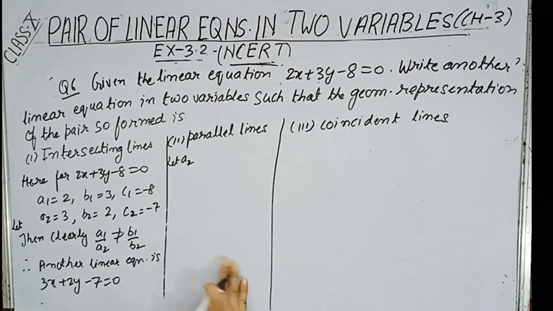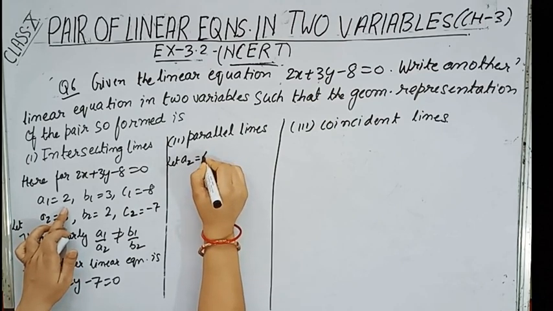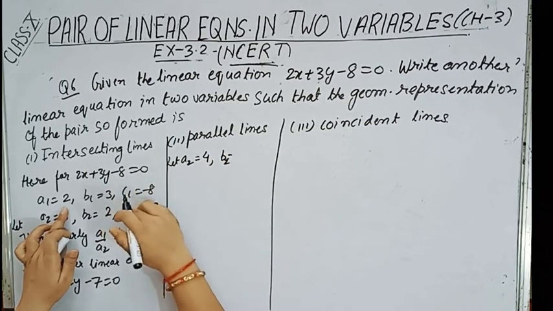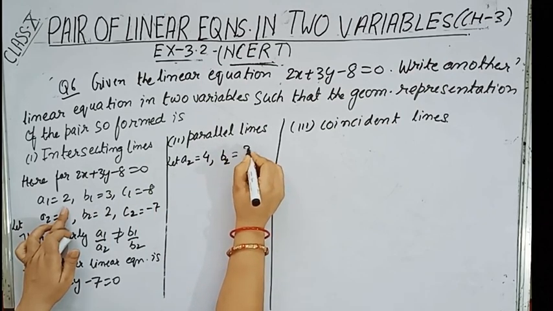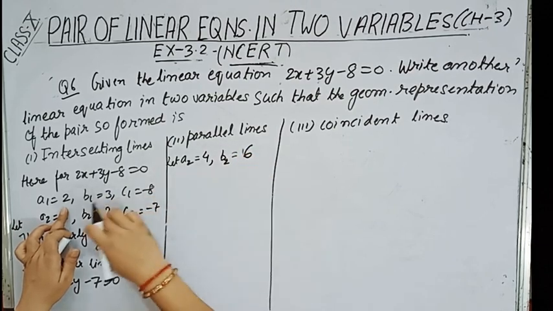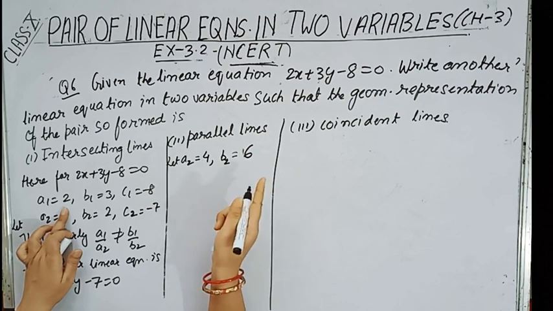Similarly, we will be doing for parallel lines and the coincident lines. For the parallel lines, the condition is a1 by a2 equals b1 by b2 is not equal to c1 by c2. So let us suppose the value of a2, b2 and c2 as such. So let a2 equal anything, a1 is 2, let us suppose 4, b2 equals to 2 by 4 is 1 by 2, so b2 I will be supposing such number such that 3 divided by such number equals 1 by 2, so I will be supposing it as 6, 3 by 6 equals 1 by 2. I think children you understand, 2 by 4 is 1 by 2, 3 by 6 is 1 by 2. Now we have to suppose such numbers such that this is not equal to c1 by c2.